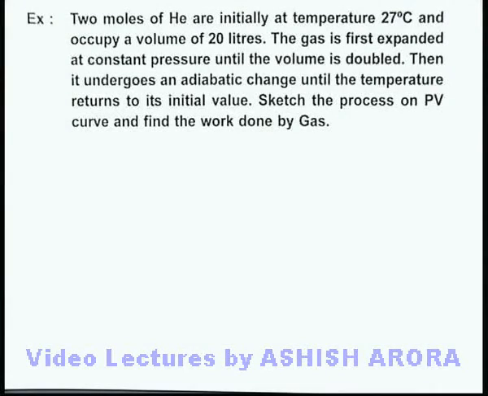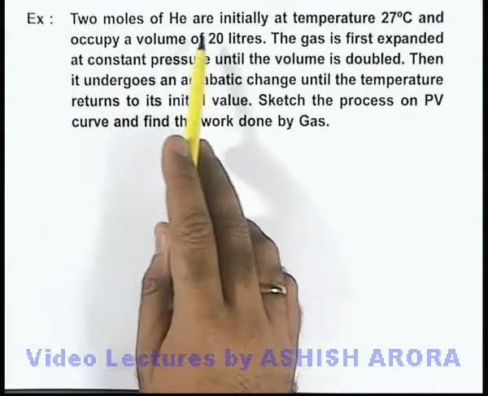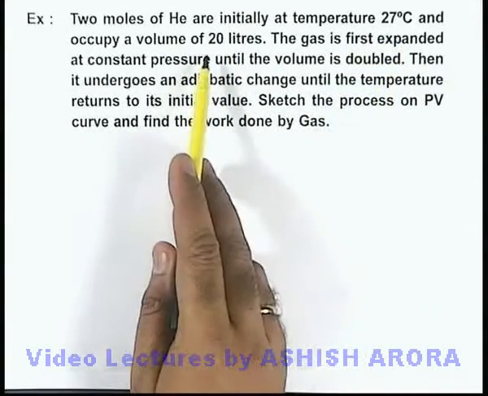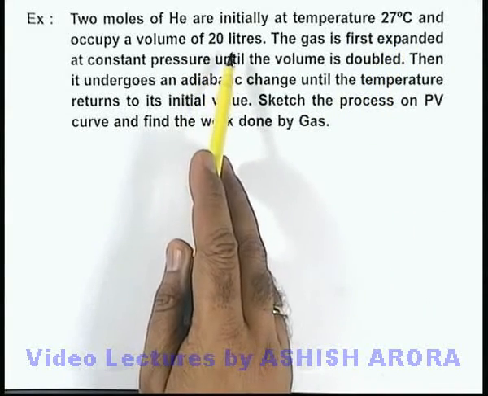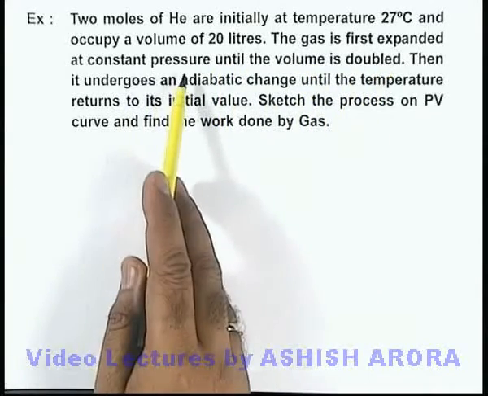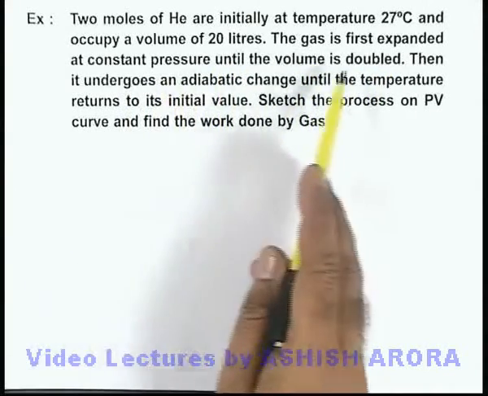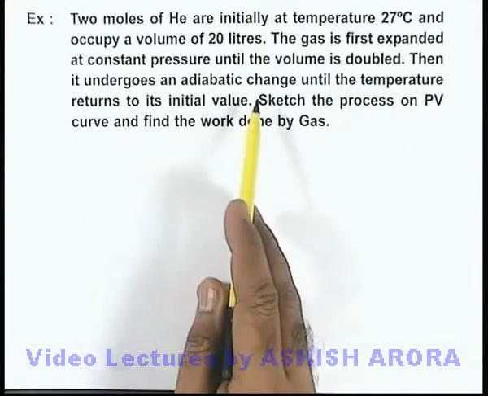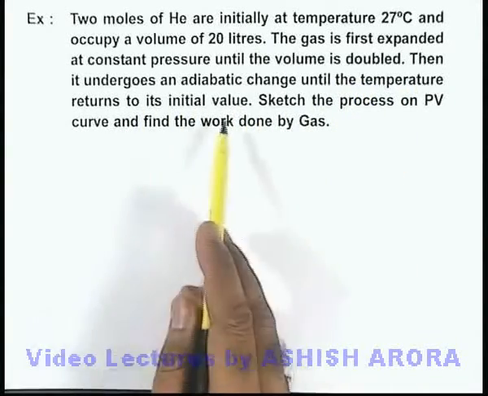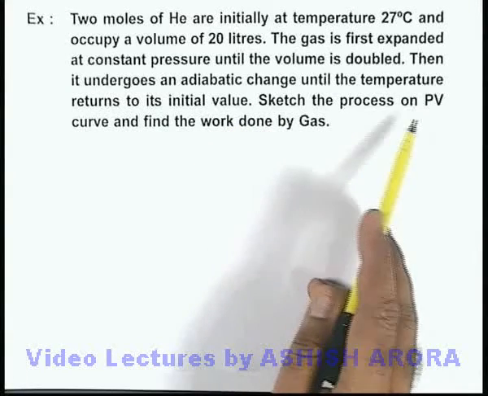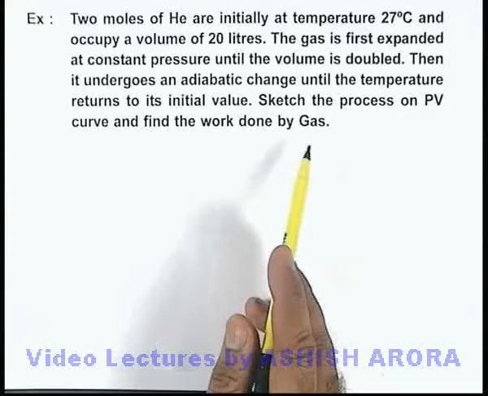In this example, we are given that 2 moles of helium are initially at temperature 27 degrees centigrade and occupy a volume of 20 liters. The gas is first expanded at constant pressure, that is isobarically, until the volume is doubled. And then it undergoes an adiabatic change until the temperature returns to its initial value. We are asked to sketch the process on a PV curve, and we are required to find the work